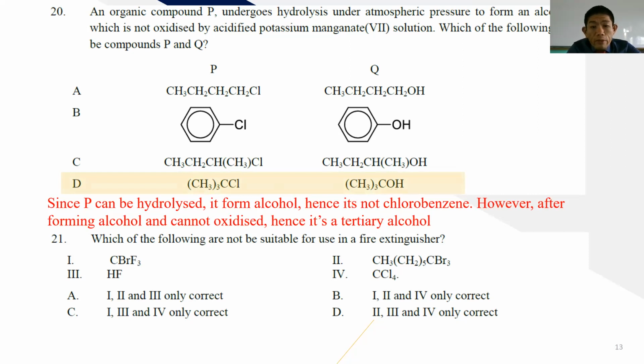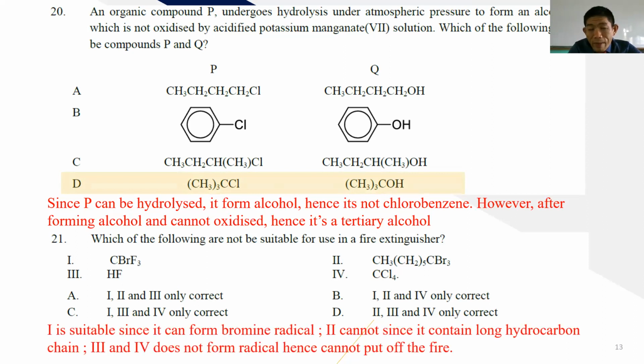21. Which of the following are not suitable to be used as a fire extinguisher? To become a fire extinguisher, you must quickly put off the oxygen first. So to quickly react with the oxygen, either you form a free radical or you try your best to prevent the burning substance from directly reacting with the oxygen gas. So in here,